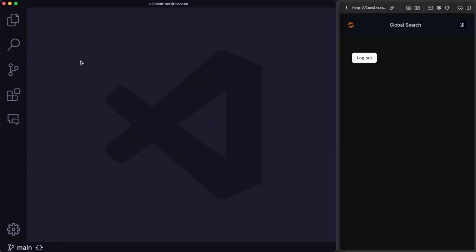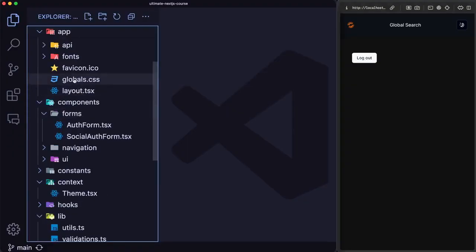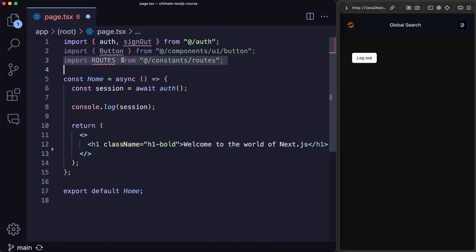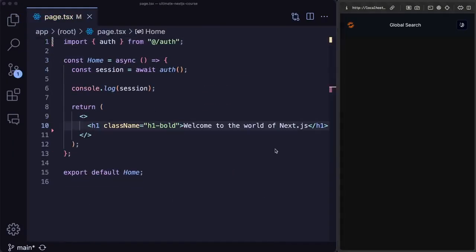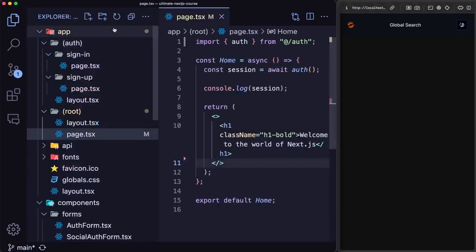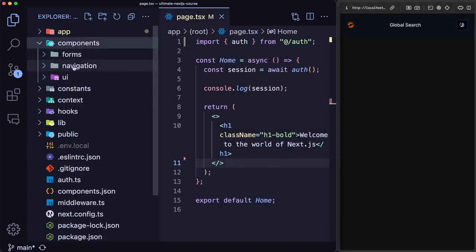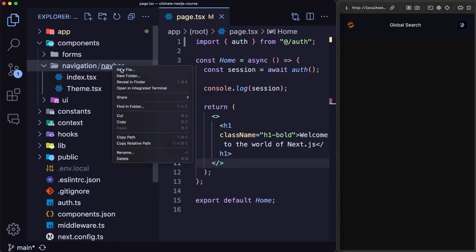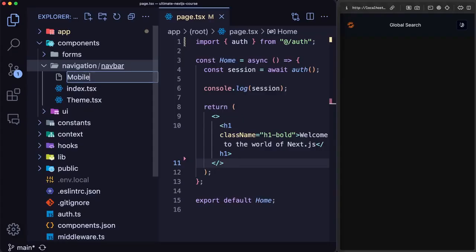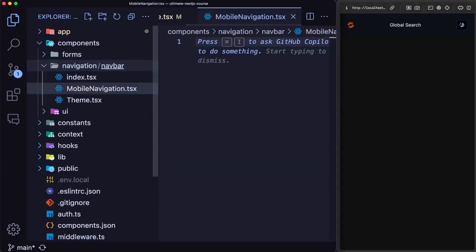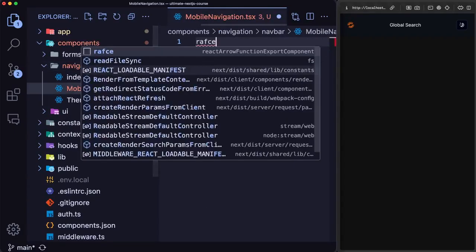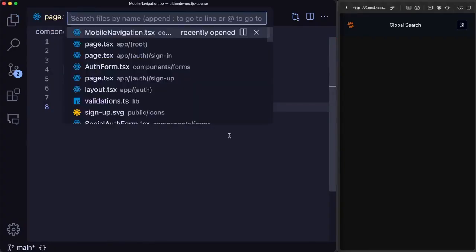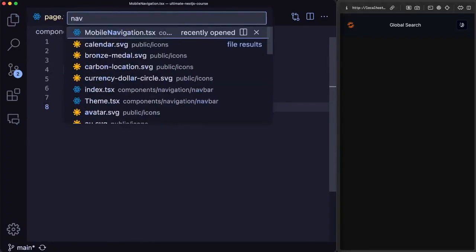So to start working on it, let's remove this logout button from the home page. There we go. That is better. And now we can create a new component. That's going to be in Components, Navigation, Navbar. And within the navbar, we can create a new file called mobile-navigation.tsx. Within it, you can run RAFCE,